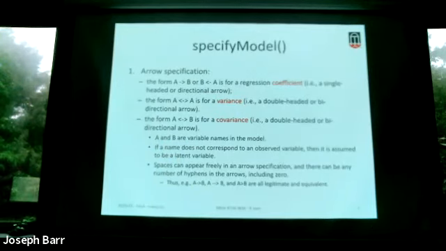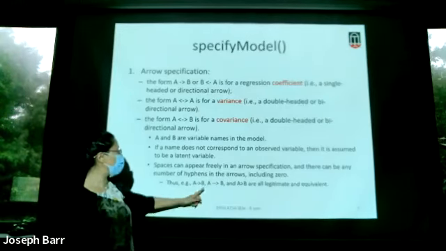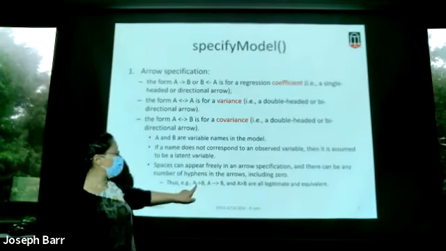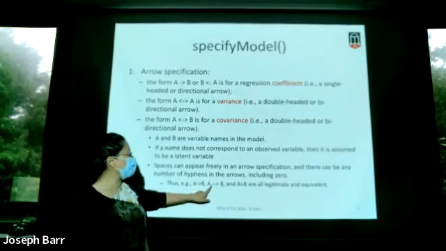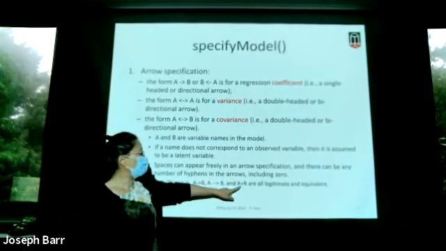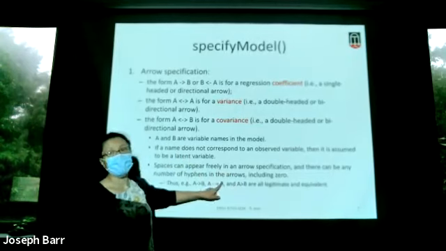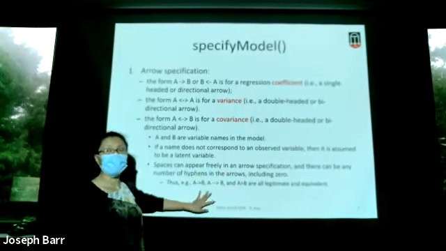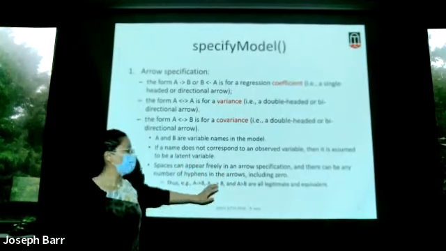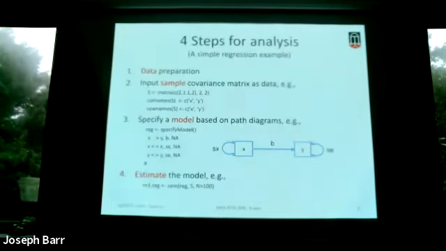So when we have a different pattern, we may use a different form. For example, here we don't have any space, but here we have 2 hyphens. Here we only have 1 hyphen, and here we don't have any hyphen. Or you can put a lot of space between A and B. It doesn't matter. So this part is very flexible. It only tells R from which variable to which variable. That's the first part.